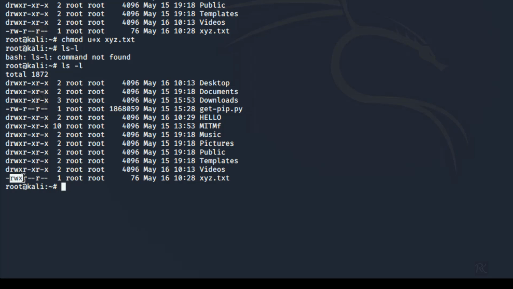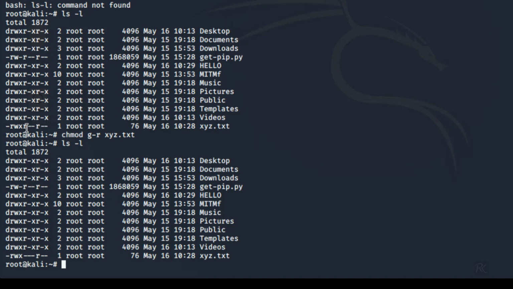Now it has the execution permission. Just like giving permission, you can remove permission too by writing the command chmod. Just specify from which group you want to remove the permission. Now we want to remove the permission of the group privilege, so g-r, we want to remove the read permission.